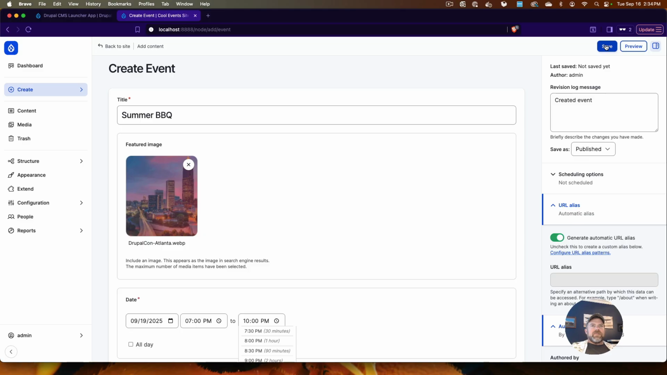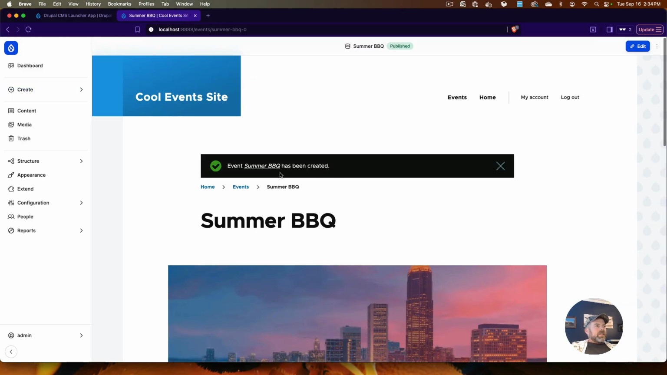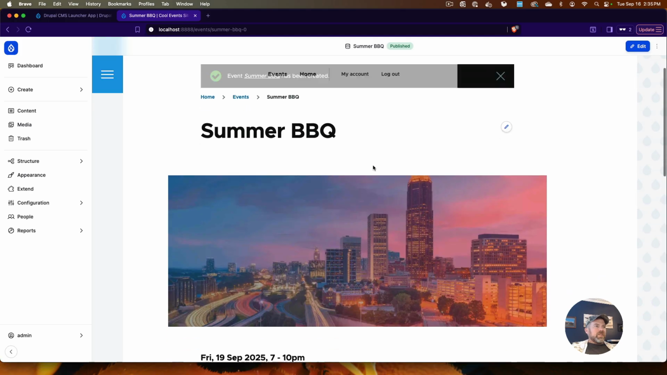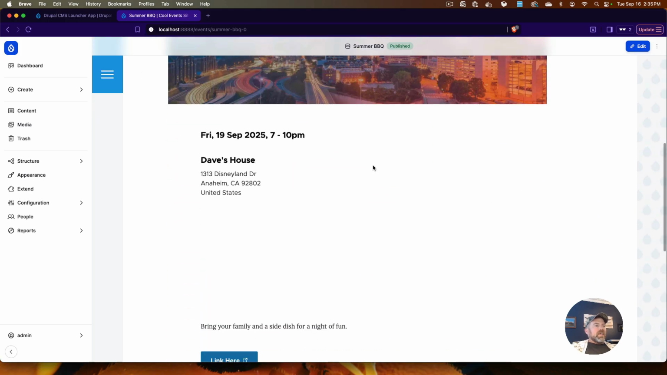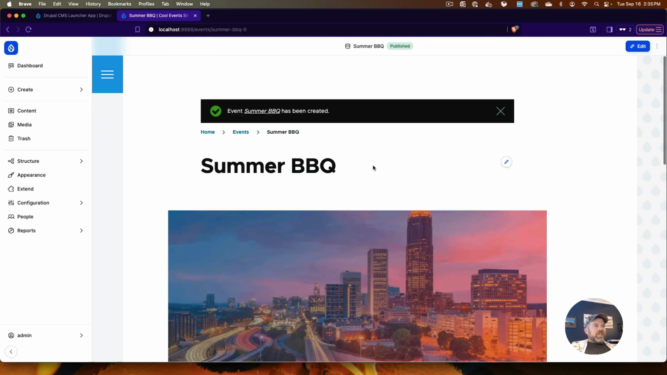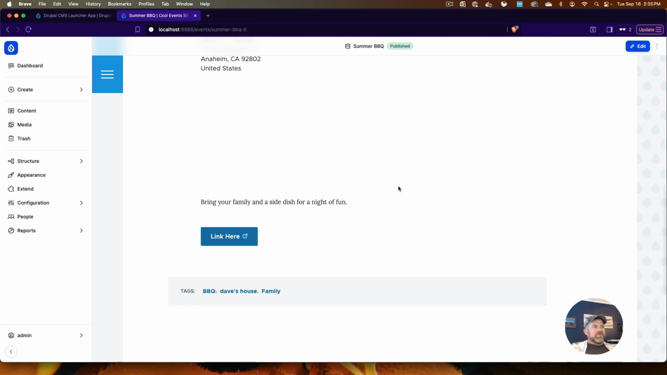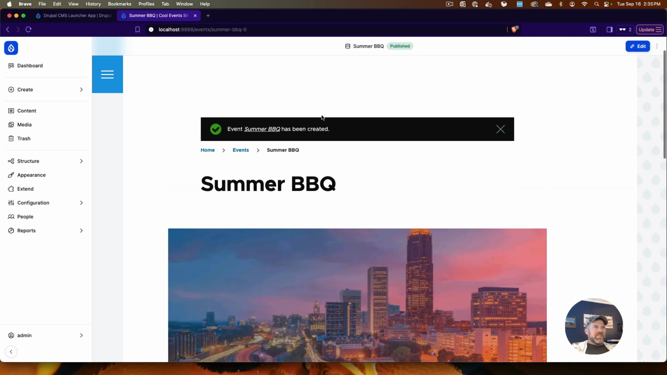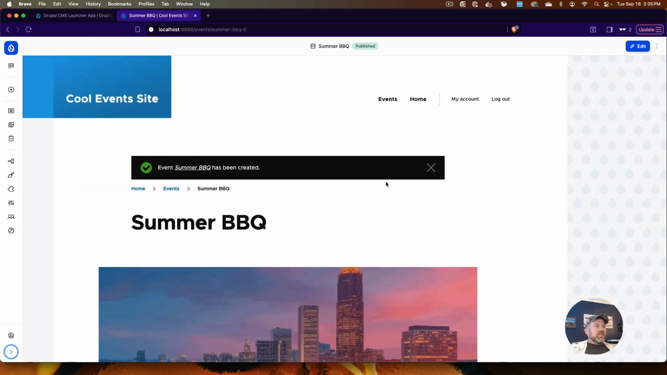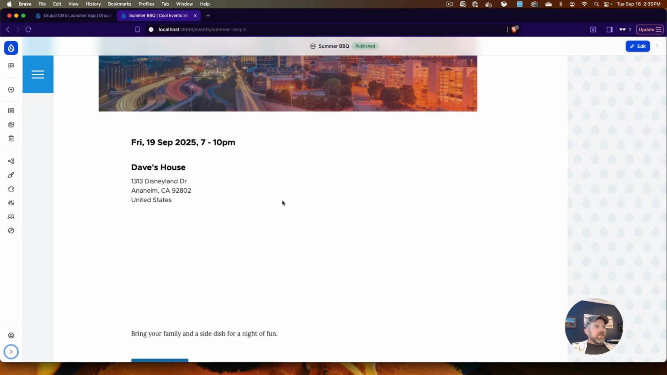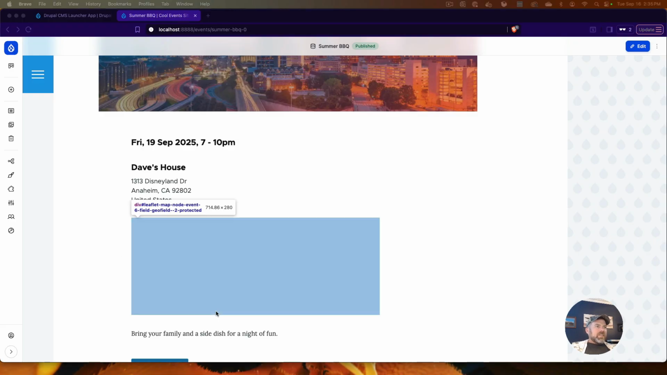So we're going to go ahead and save this. And so event Summer Barbecue has been created. Now, you'll scroll down, get your image. And again, this is a very basic theme, very basic layout of a site. And this right here is actually,